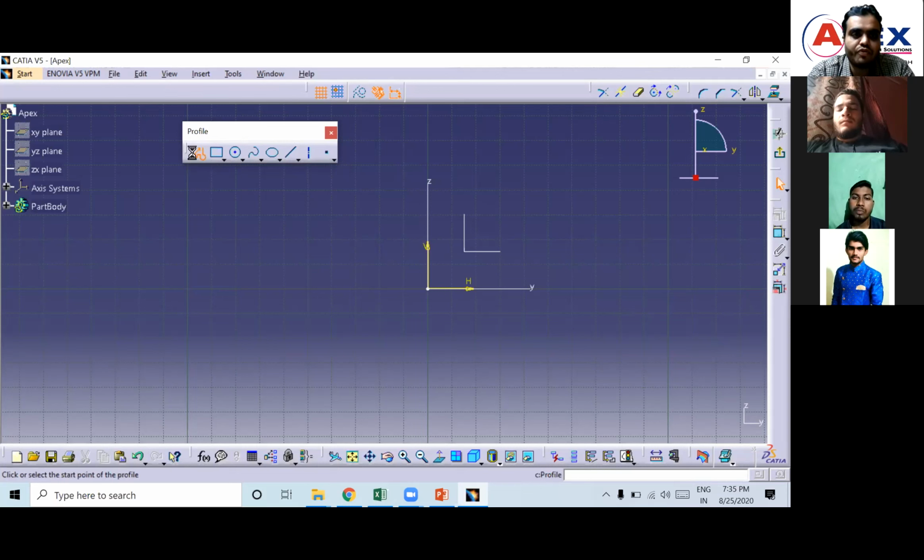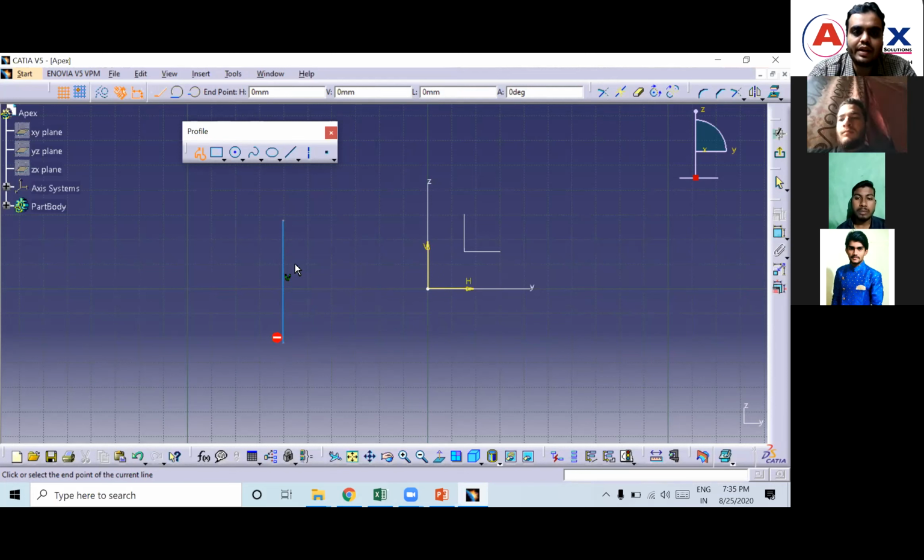Click the profile, then click 1, 2, 3. One more thing you just observe here. If I draw an exact vertical line, the blue colored line will highlight, that means it is vertical. If you click it, it will create a vertical line. Here you will get the letter V, that means this is a vertical line.